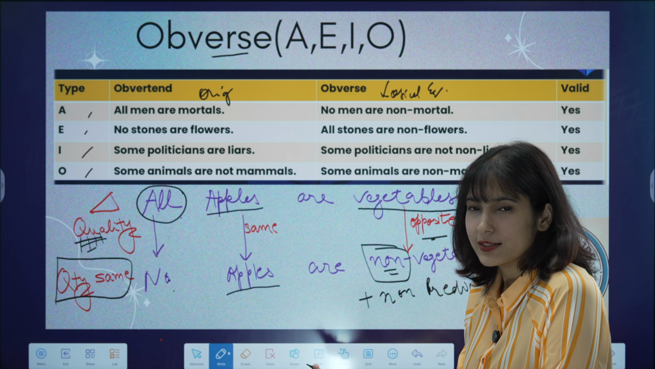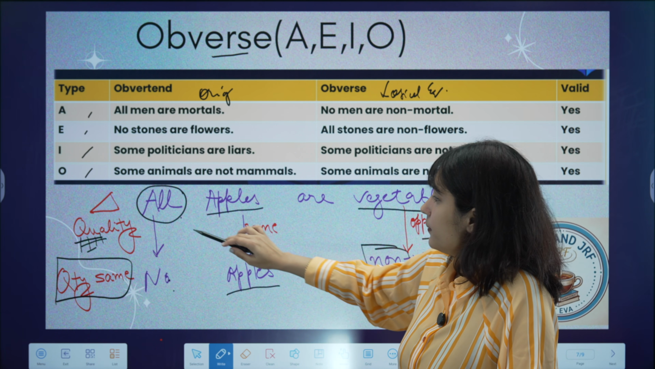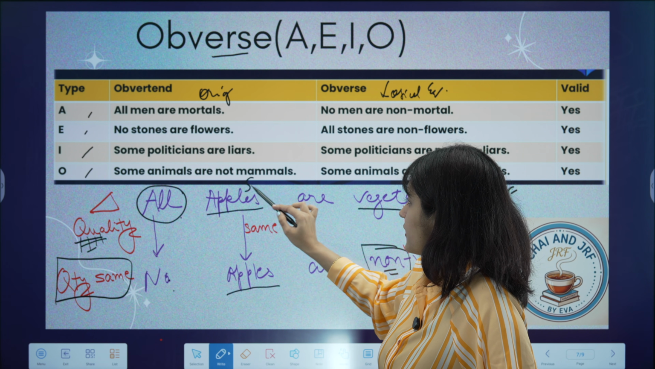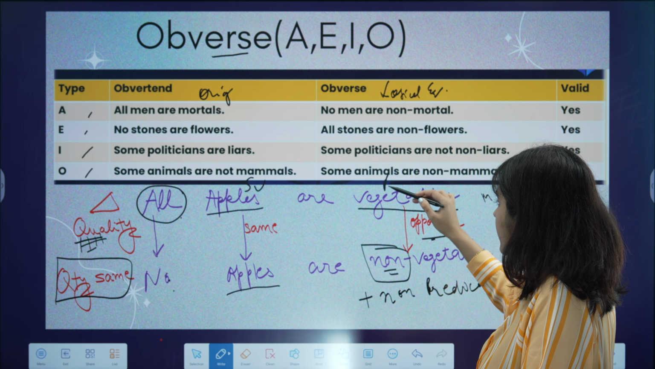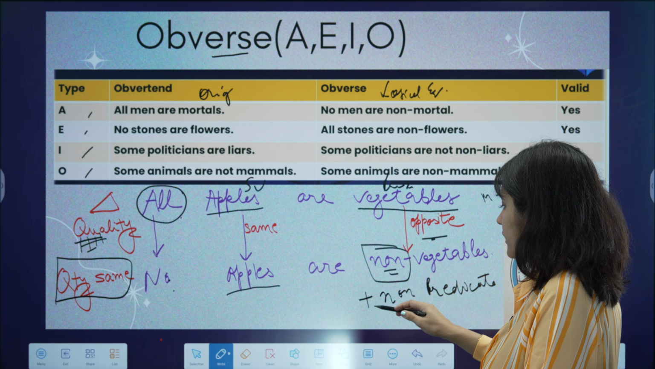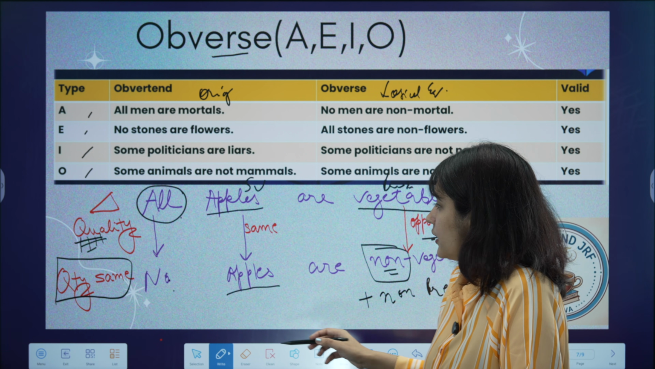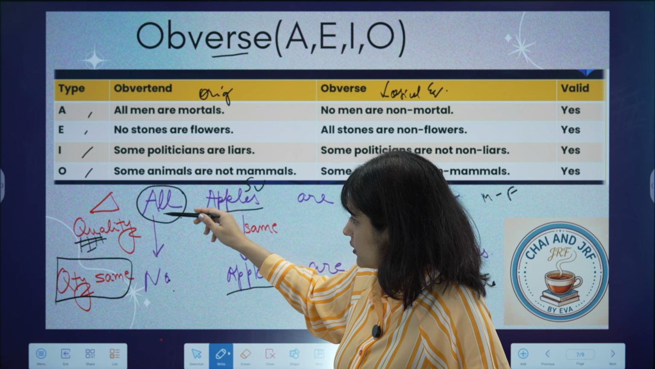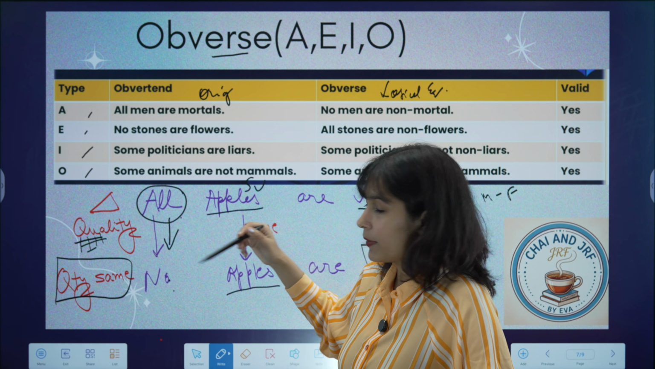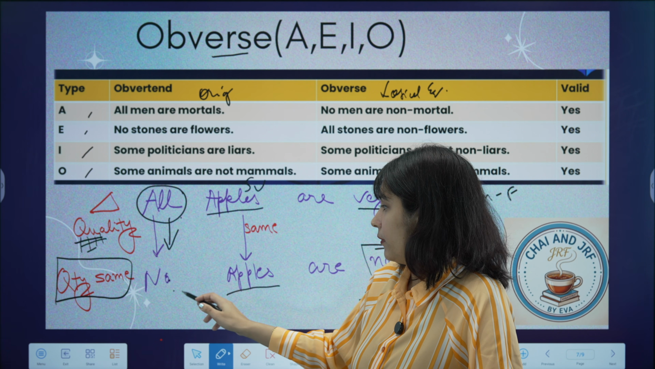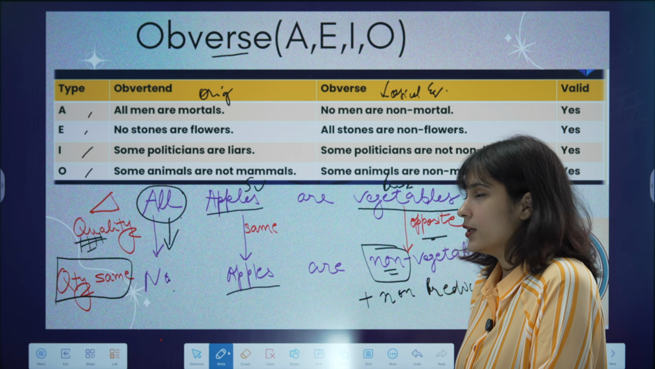There is no rule for exception to follow in case of obverse. Obverse is simple as that. You just have to keep the subject the same, but you have to change the predicate using its opposite, or a non in front of the predicate. And at the end we are going to change its quality, but we will keep the quantity the same. Now moving ahead with the other part,